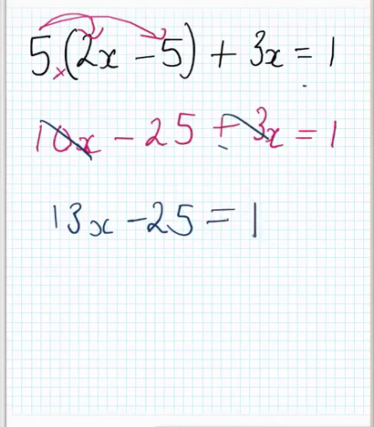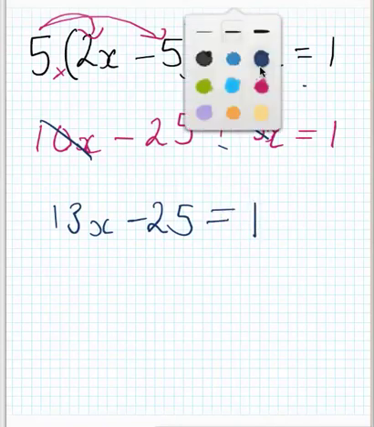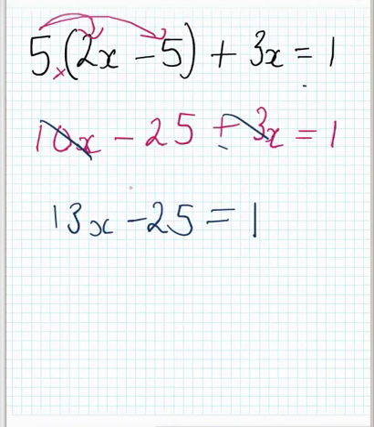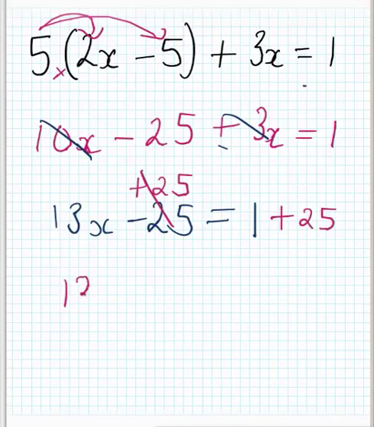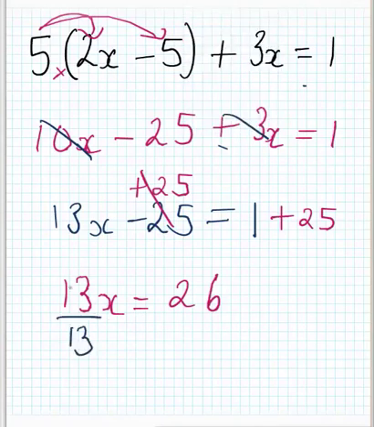And now all we have to do is solve this. Opposite of minus 25 is to plus 25, and plus 25 on this side. So we have 13x equals 1 plus 25 is 26. And then our final step, divide by 13. That cancels out. Divide by 13. So x equals